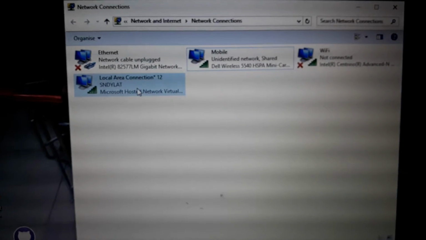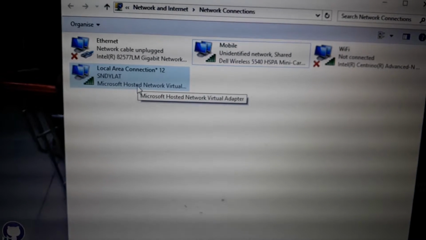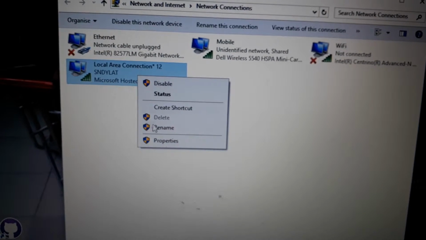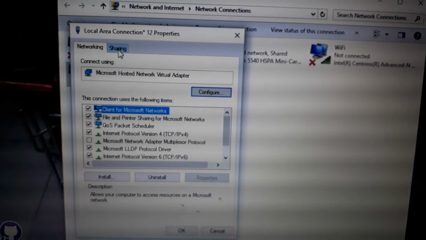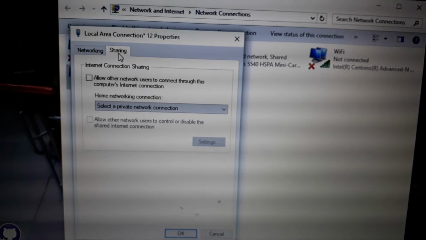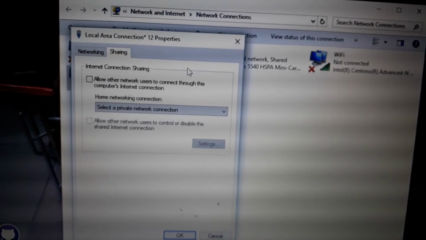So this is it. Now once you have this, there are a couple of things that you need to keep in mind, which is where I was stuck. This is the one which will act as a hotspot for your laptop. You need to go to its properties, and then go to the sharing. Basically what needs to be done here is